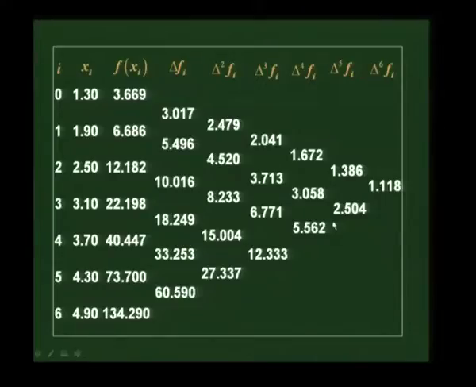In this construction, this is just evaluated at equidistant points, that is h in this case is 0.6, as you can see. So 1.3, 1.9, etc. And we evaluate the function which is e to the power of x. We know the functional form, but let's say we don't know it, then we have some set of data points given at those x values. Then we construct the difference table by just taking the difference between these 2 points as this one and these 2 points as that here, and the further differences are represented as del to the power n